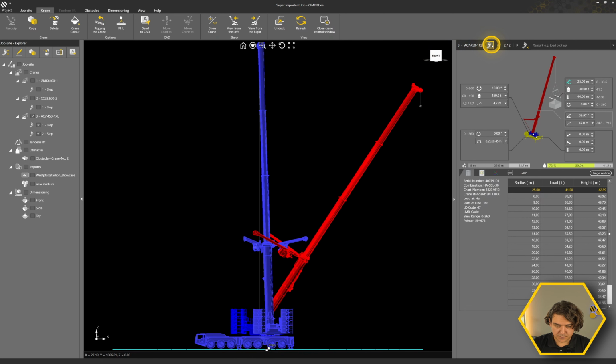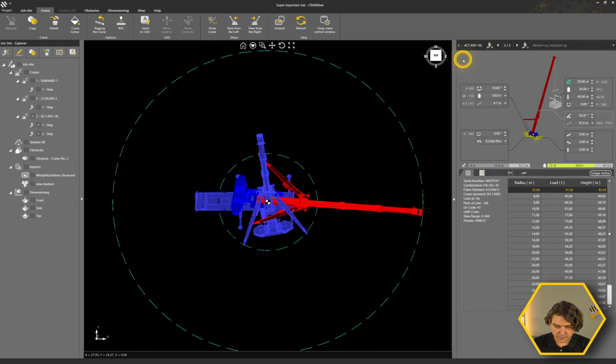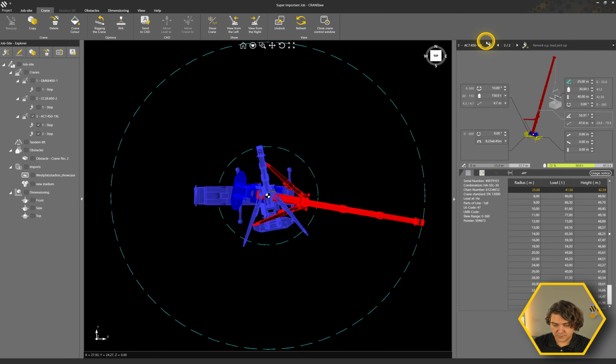And let's say in a third step we want to do the next thing. What I can do now is say, well, step plus again, or I can also go ahead and right click on step number 2 and copy this step. So this will copy only the step, not the whole crane. Now there's step number 3. It's currently also active, which you can see up there. And if I hide step number 2, step number 3 is still visible, of course.